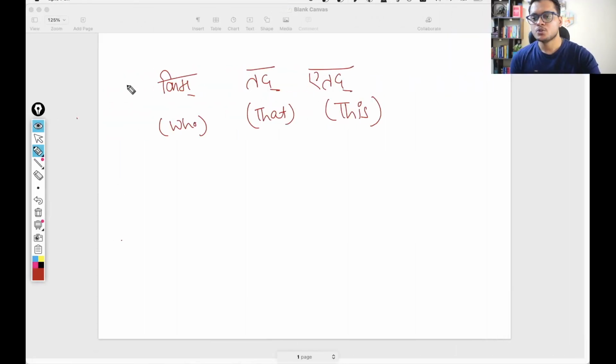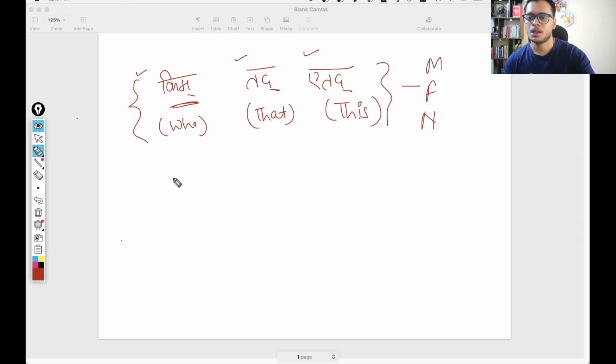In Sanskrit, you have these three pronouns that are very common, and not just in Sanskrit actually. If you think about it, you use these pronouns in English also quite often: who, this, that. So kim, tat, and etad. All these pronouns have all three forms, masculine, feminine, and neuter gender, based on which noun they are pointing towards. Suppose this kim, we are asking who: for a masculine gender we use kah, for a feminine gender we use ka, and for a neuter gender we use kim.